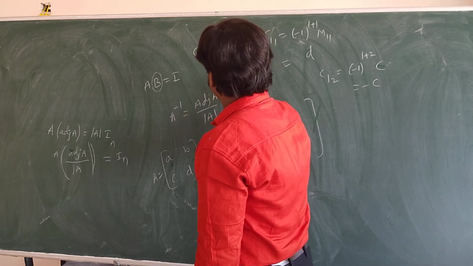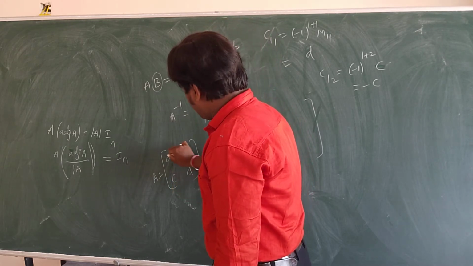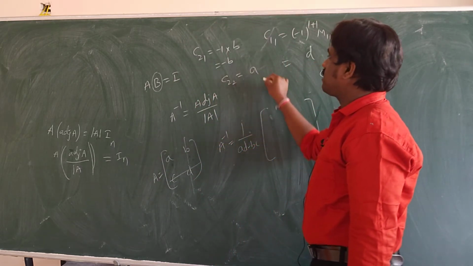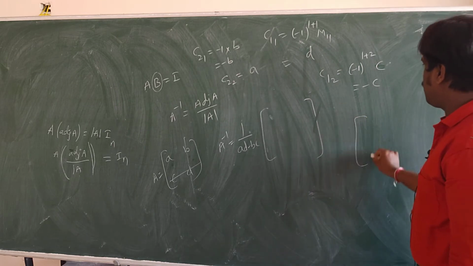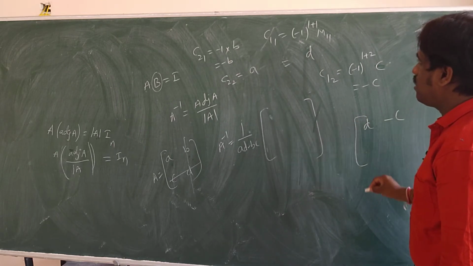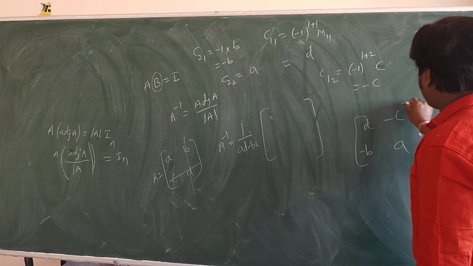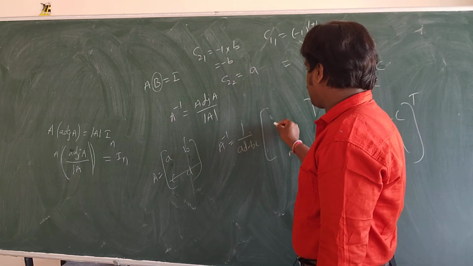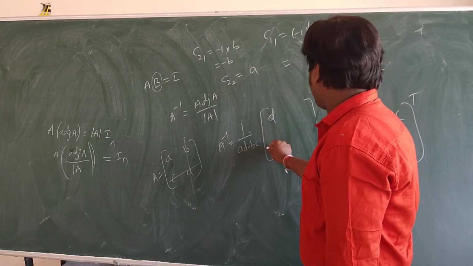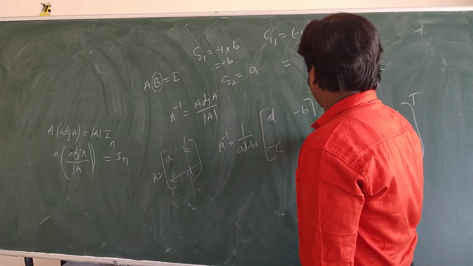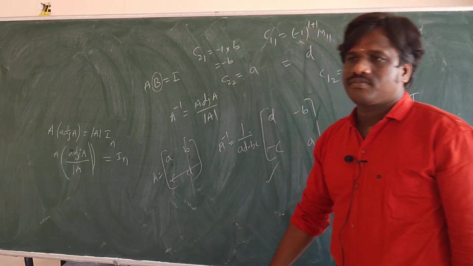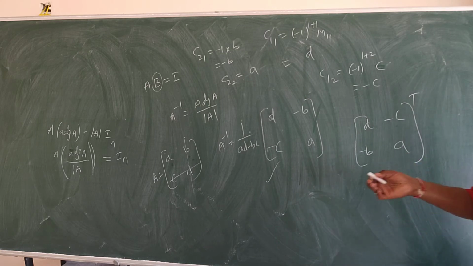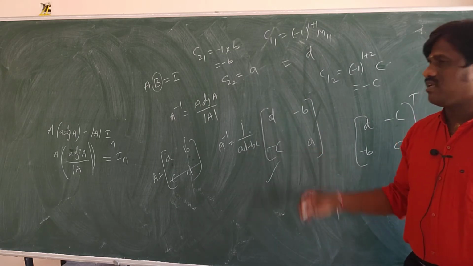So C22 means what, this is positive you will get, and D here is A you get, because you are closing this one. So cofactor matrix you got. What is cofactor matrix? You got D, minus C, minus B, A, and this transpose is adjoint. So if you transpose this one, what you get here, D, minus C, minus B, A, that's why you got the formula. So the formula derivation is like that. So you can get any 2 by 2 matrix inverse like this.